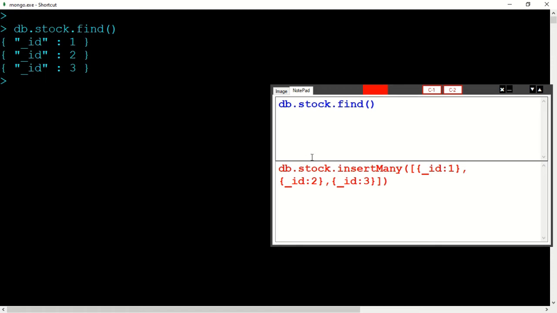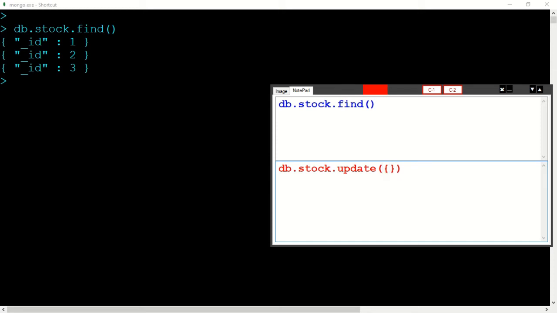So how do we add new fields? We'll use the $set command. I'll remove this and say update, bracket open, bracket close. The update command takes 3 parameters.